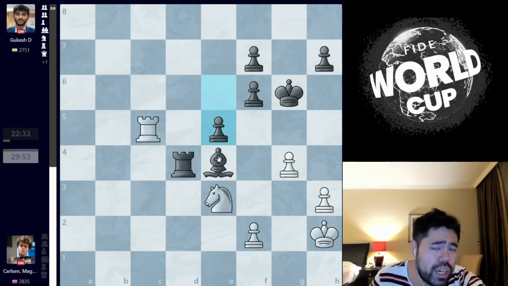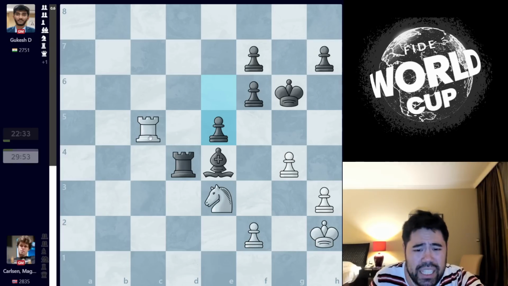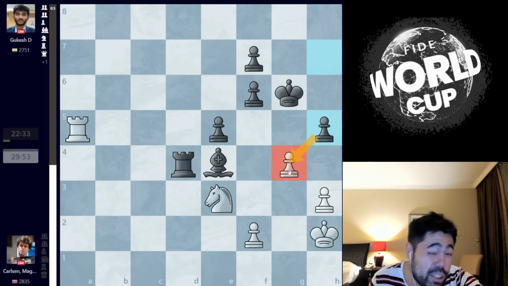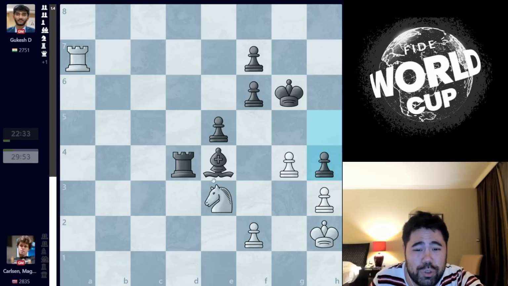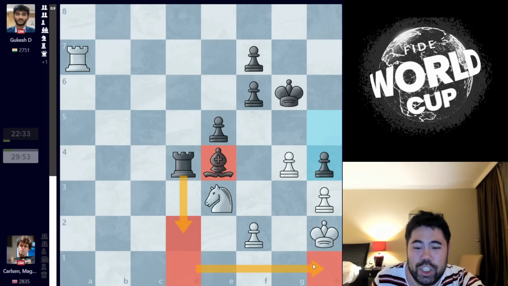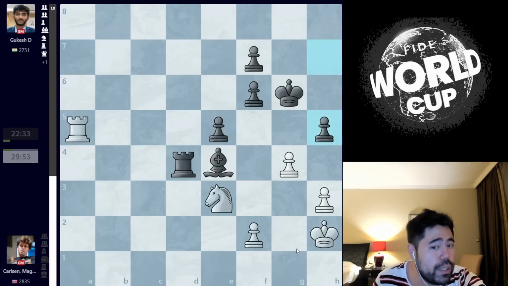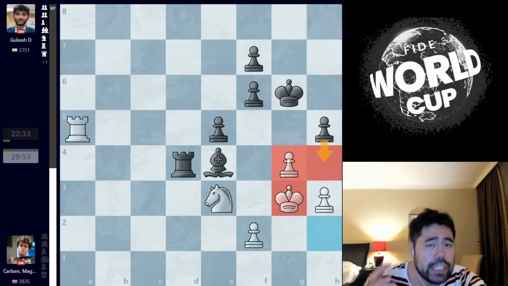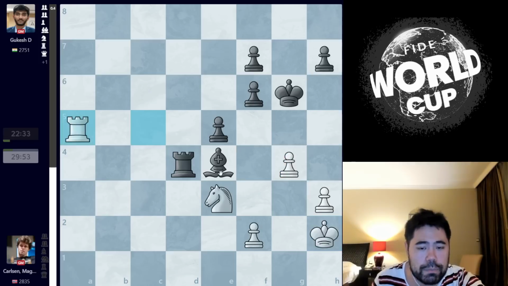Now, this is probably the move that I would have recommended if I were playing the game, because after rook to a5, you can now go h5, and try to trade the pawns, maybe try to put the pawn on h4 and get some kind of rook d2, maybe some kind of checkmate in the corner. Again, should be a draw, but there are chances. White probably should play king g3 to stop h4, and again, it should be a draw with correct play, but maybe better chances than in the game.